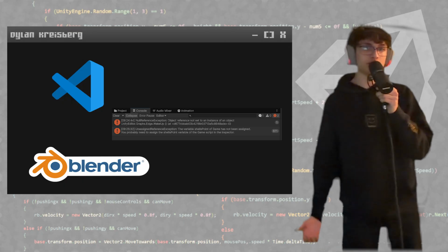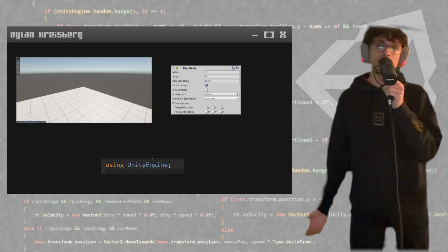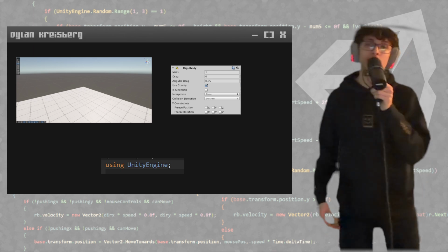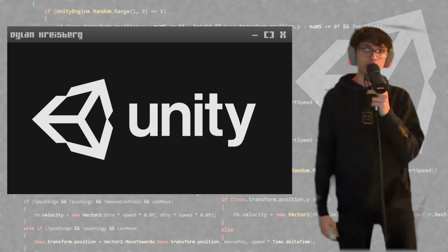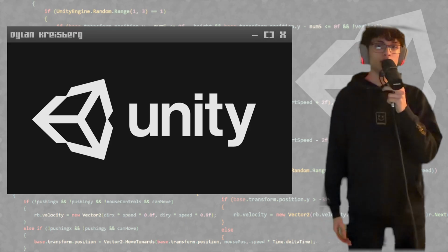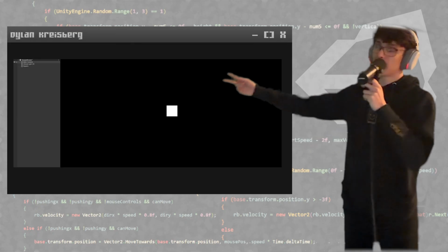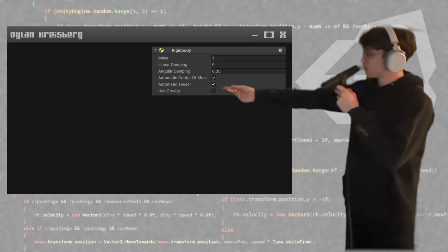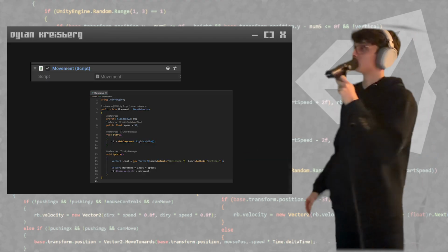A game engine provides you the tools for graphics, physics, programming tools, etc. The engine I will be using for all examples in this video will be the Unity game engine. So let's say I want to make a square move on my screen using my keyboard. To break each component down, I would need to add a square object into my screen, add physics to the object, disable gravity, and then add a new custom script telling it to move based on the direction of my